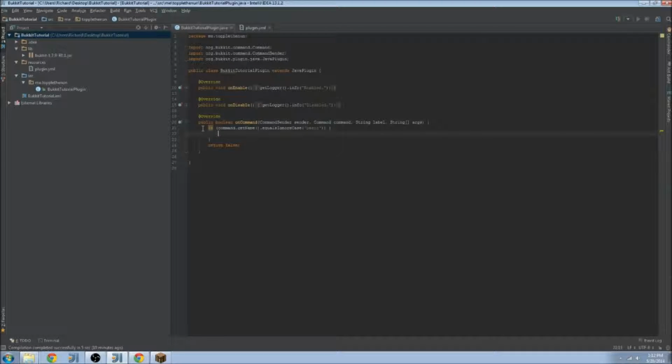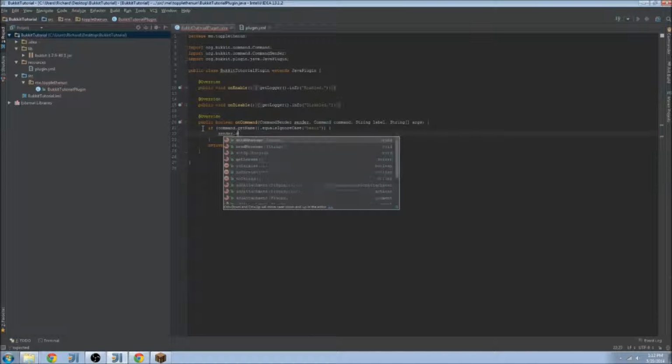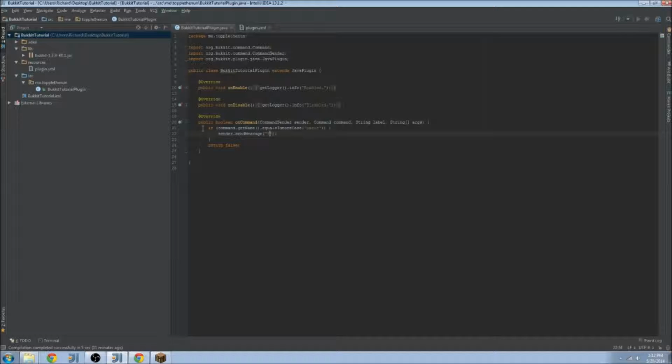So for the purposes of this, we're just going to have it send the sender something. So sender.sendMessage("Your command was successful"), and we want to return true here, because if we return false, it'll show the command to the player even after they ran it. It's really annoying looking. So for example, it would show your command was successful, and it would show a /basic in the chat log. It doesn't look very nice,